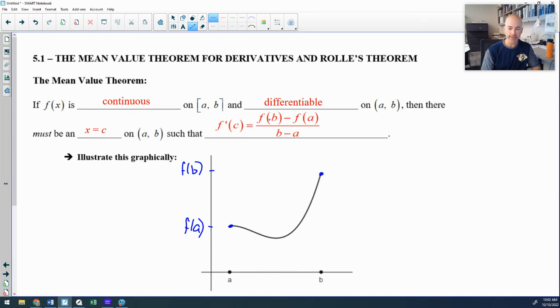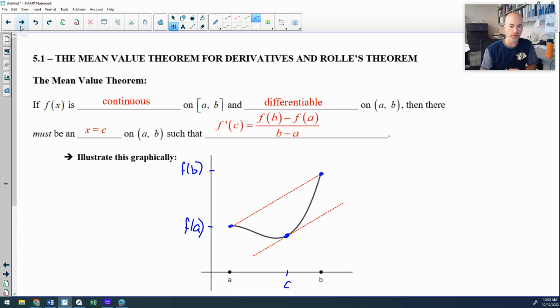And if we find the slope from point A to point B, that slope would be represented by this line right here. What the mean value theorem says is that at some point on this interval, you must have a tangent with the exact same slope as that secant. In other words, the tangent is parallel to that secant. And as I have drawn this one, I can drag my tangent, it occurs about right there. And so there is some point C where the slope of the curve at that point is the same as the slope of the secant that goes from point A to point B. So there you have an illustration for the mean value theorem.